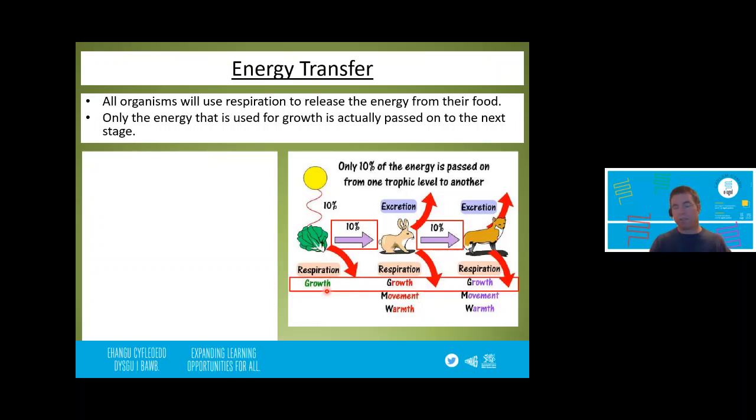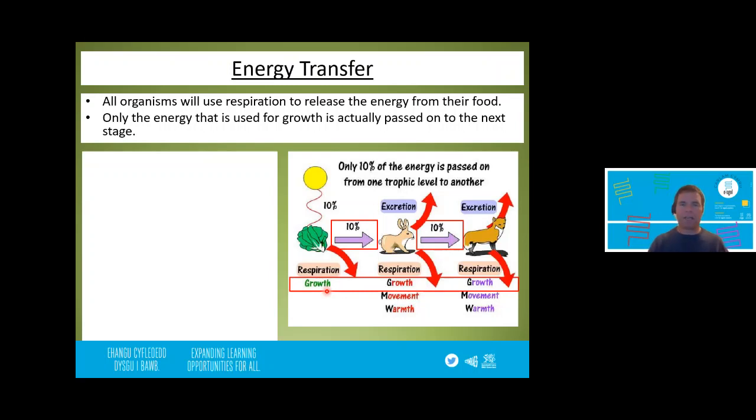Now that is done an awful lot in cells, and it's done when you've got to move a substance in the direction it doesn't really want to go. It goes away from where it's at low concentration to a higher concentration, which is not really where it wants to go. Now that is not contributing to the growth of a plant. It needs energy and is necessary in order for that plant to stay alive and carry out its day-to-day needs, but it doesn't actually make any new cells.